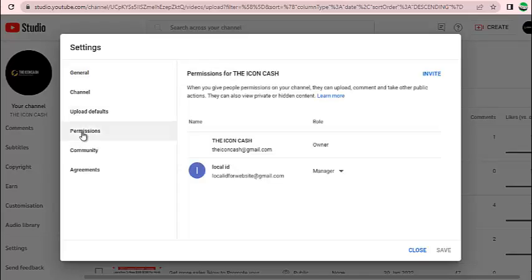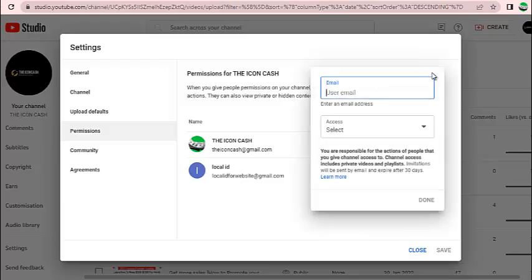So when you click on permissions, you can see owners, managers. I added a manager to this channel before. So when you now want to add a manager, you just come to invite. So when you click on invite,